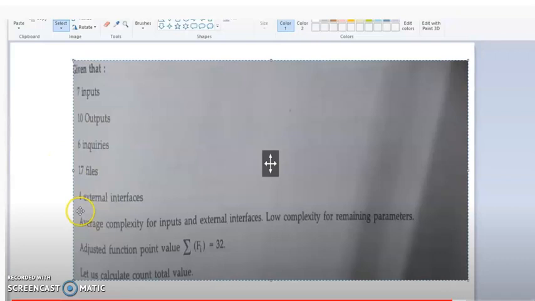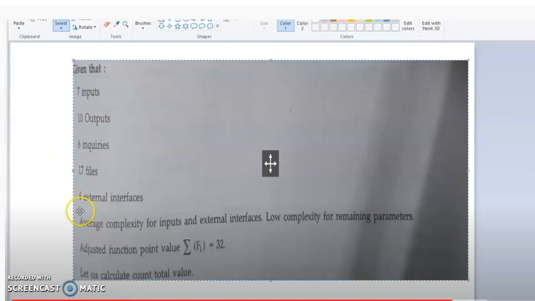The example is like this. Study of requirement specification for ABC project has produced the given data: 7 inputs, 10 outputs, 6 enquiries, 17 files, 4 internal interfaces.